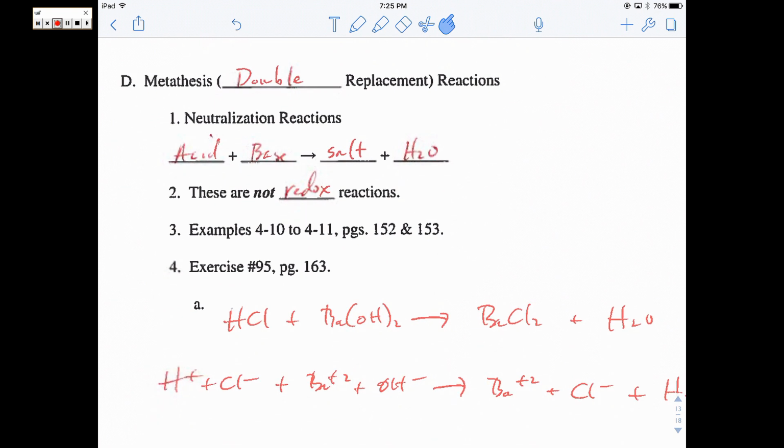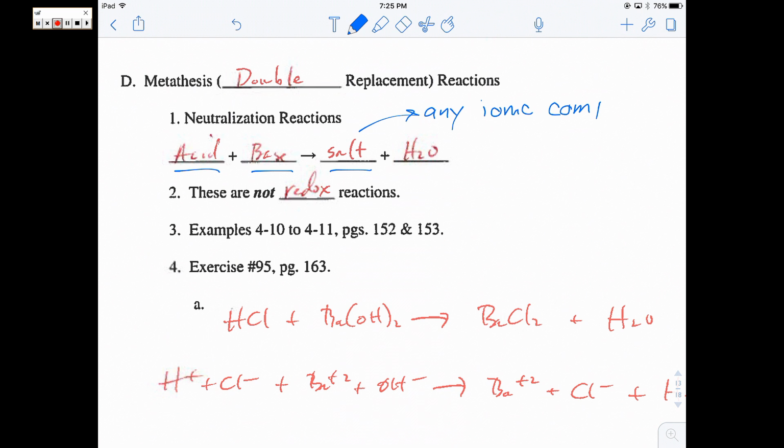So here's the double replacement reactions. I kind of was lumping them in. I thought they were in one category under the notes. So we've got the displacement, that's single replacement, and then now double replacement. These are neutralization reactions or others. So one example here is an acid plus a base makes salt, and meaning any ionic compound,